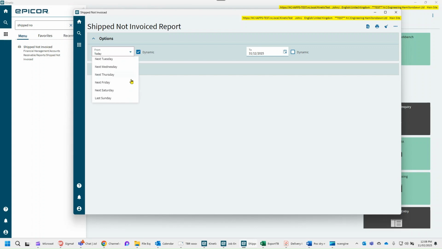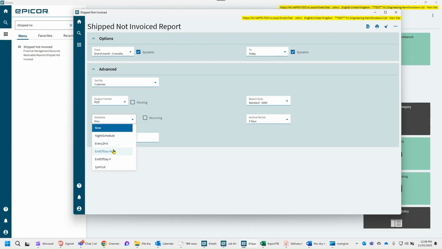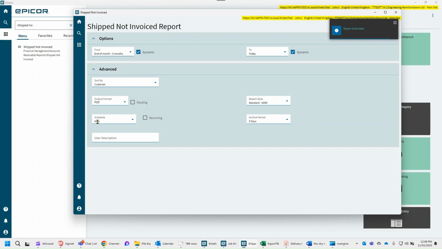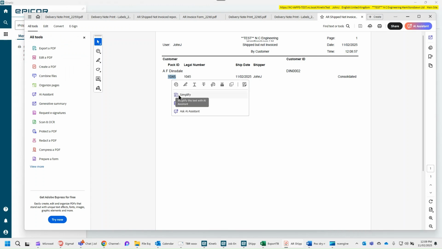I don't really know how often this is going to be looked at, but we can create a dynamic report that would say, look back 3 months to today, and then we can schedule this to run every 2 hours, or end of day Friday, end of day Monday. Finance and dispatch team need to specify how often they want to see that report. But if I was to run this today, just schedule it now, so it's only a one-time thing,